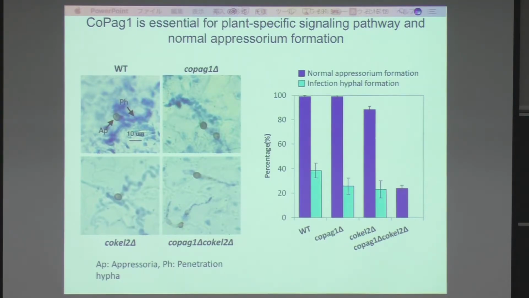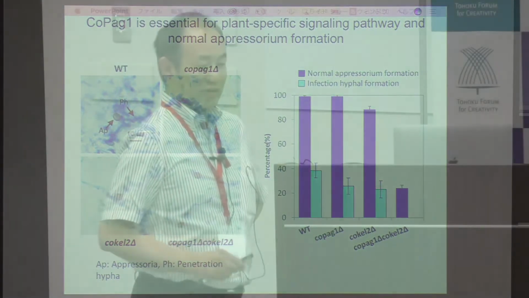But introduction of the PAG1 mutation to the COK2 mutant showed an abnormal phenotype and penetration hyphae formation deficiency. However, in the single mutants, the appressorial formation and penetration hyphae formation were normal, indicating that a redundant pathway